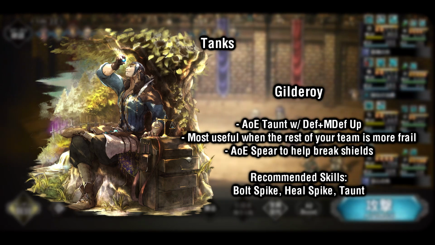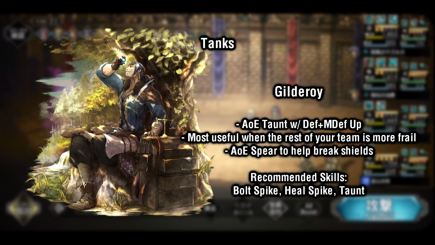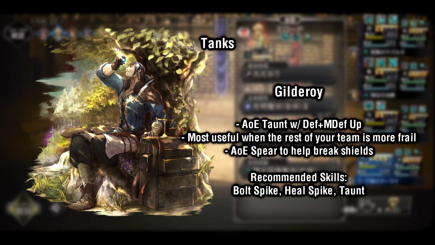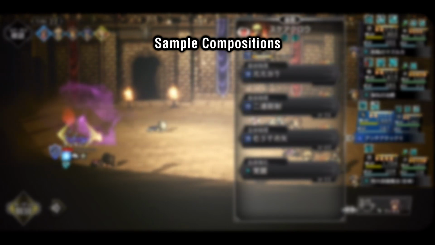Being able to attract all of the enemy's attention to himself while raising his own defenses can make him a pretty strong defensive asset, but you will need to watch out in the later stages of the fight, where Tikilen's strongest attack does have the capacity to 100 to 0 him if you're not being diligent about your buffs and debuffs. That pretty much sums up all of my character recommendations for Tikilen, so next, let's take a look at